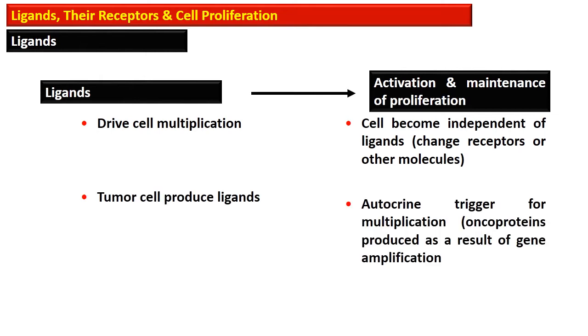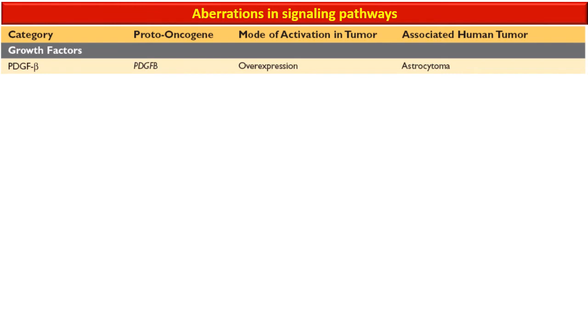While some of the tumors produce ligand themselves, and there is autocrine function of these ligands on the tumor cells, and they multiply. The example is the oncoproteins that are produced as a result of gene amplification. The aberration or deviation is seen in growth factor receptors and other factors which are responsible for cell cycle regulation,